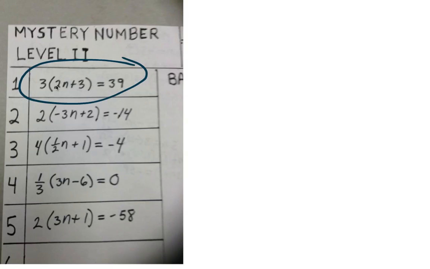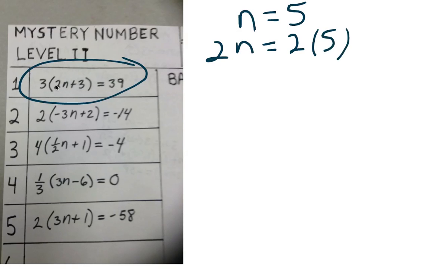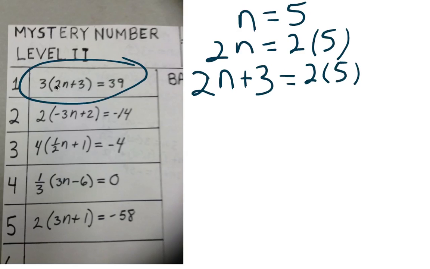We start with n is equal to 5. And then we're going to double both sides. So we do 2 times the variable n, 2 times 5. Then we're going to add 3 to both sides. So that's going to be 2n plus 3 and 2 times 5 plus 3. n is still equal to 5,